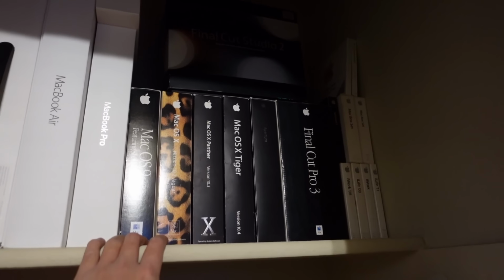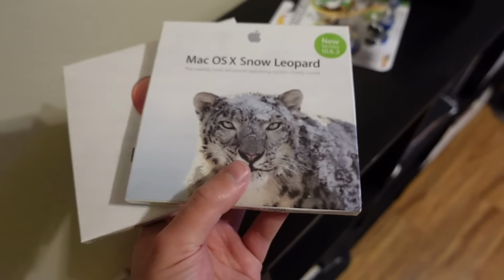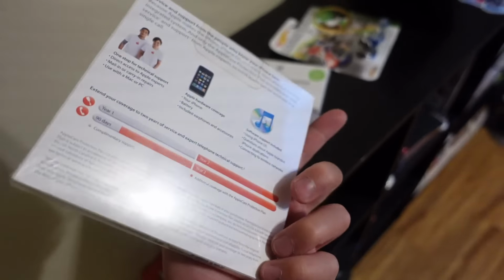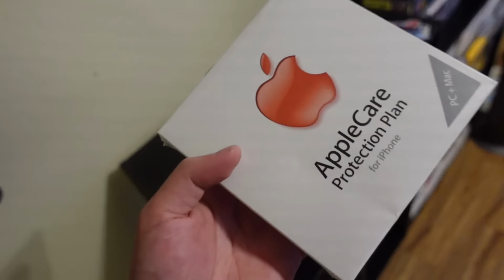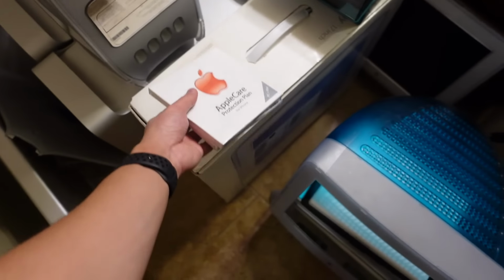Oh, and here's one of my favorites. My Apple software collection. This is a sealed copy of Snow Leopard I found in a thrift store. And this is a sealed iPhone Apple Care protection plan. I don't really know much about it, but last time I checked eBay, these were going for high prices. Do they work with modern iPhones? Like, this was for an iPhone 3GS, so I don't know. I actually want to be careful with this, so...